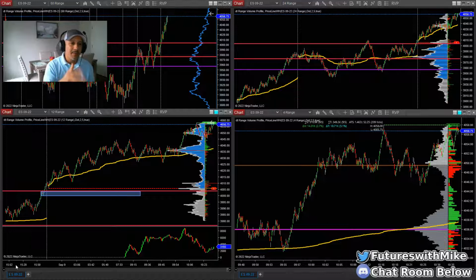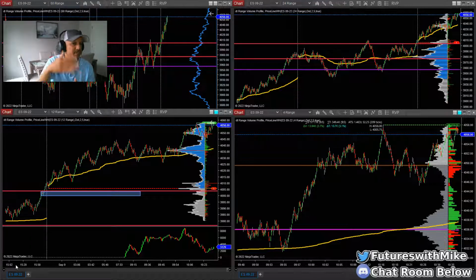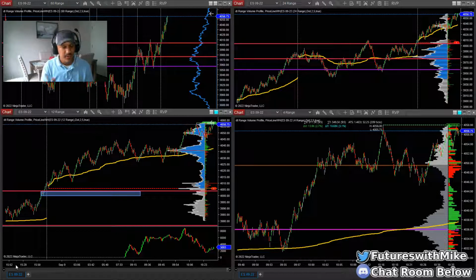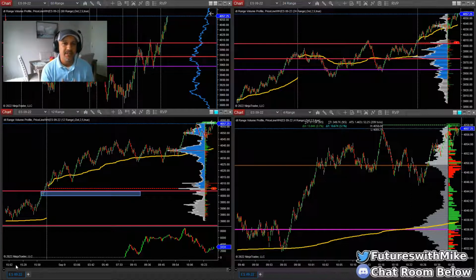So they're leaving footprints behind as the market is making its ebbs and flows, whether it's pushing up, making higher highs and higher lows, or whether it's pushing down, making lower lows and lower highs, okay? So with that said, we as retail traders, we want to be able to play the same game and play on the same playing field as them, okay?